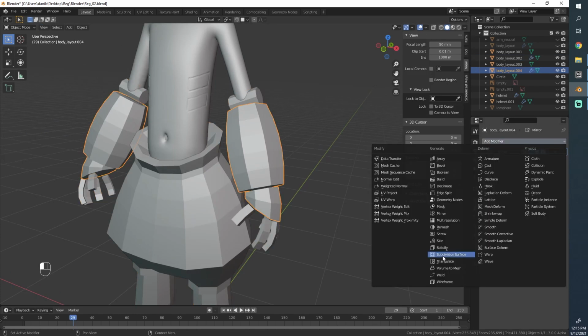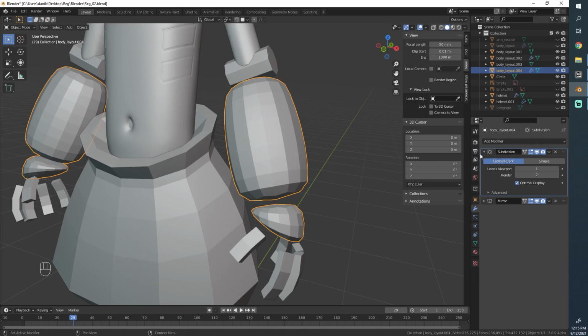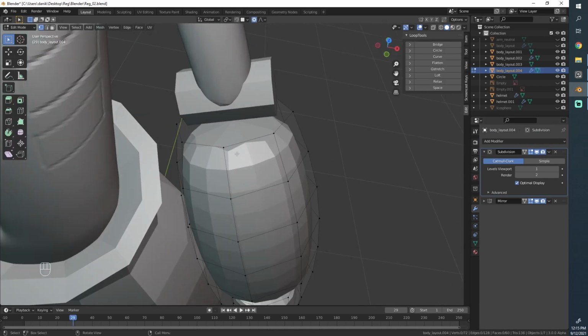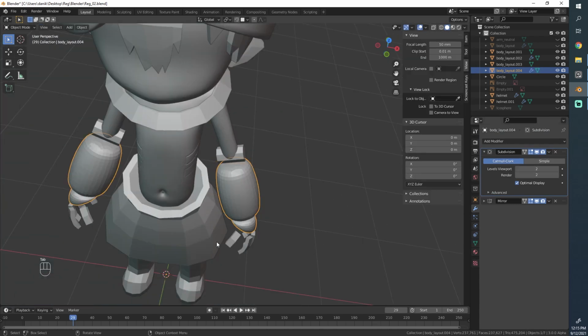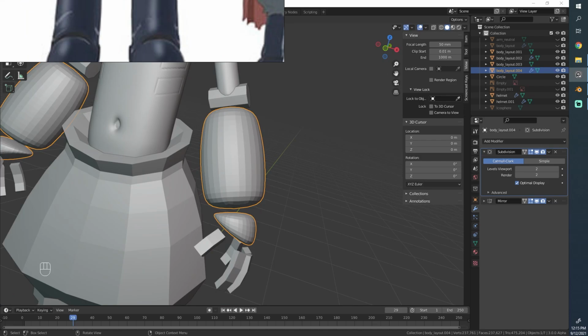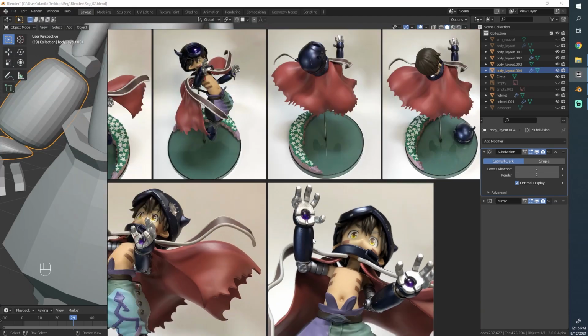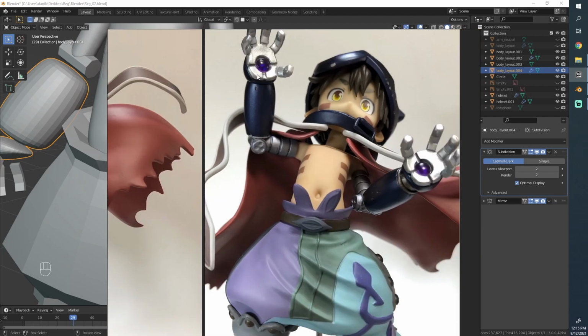And let's add a subdivision surface modifier. I will move it, it doesn't really matter. Let's just move the subdivision surface before the mirror. It doesn't really matter actually. And now I will go ahead and add some detail here. So we can turn this up a little bit to 2, and here's my reference. Just while looking at the shape here and the details, I'll try to give it some of these additional